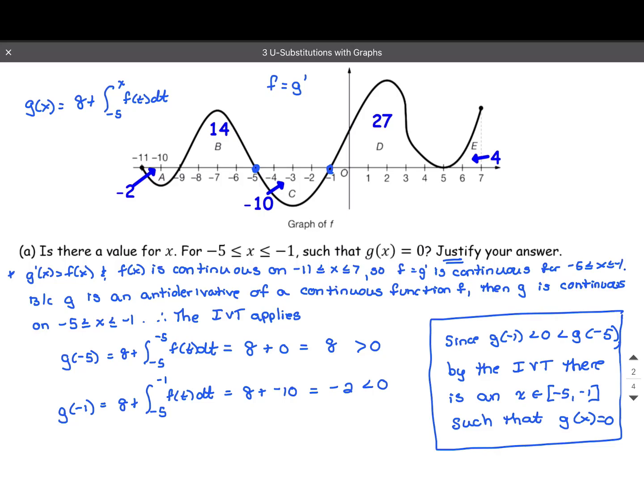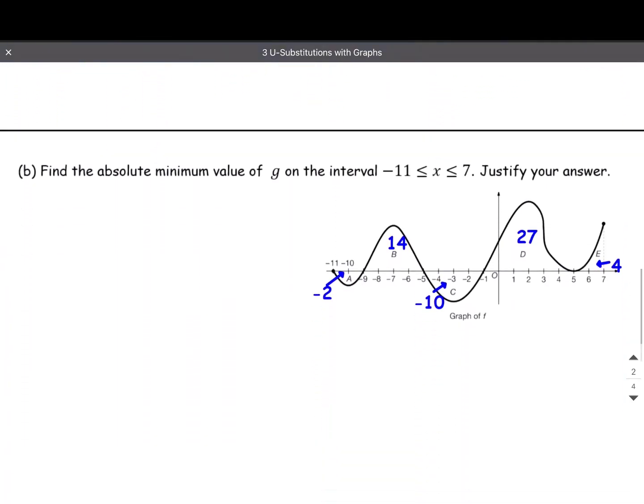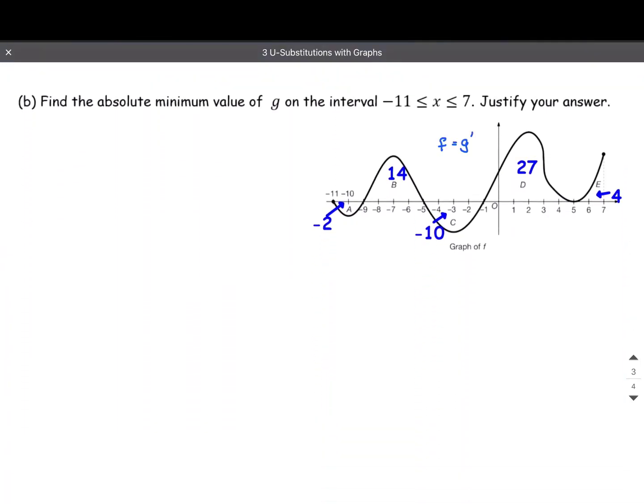But in order to use the intermediate value theorem, you have to tell us that g is continuous, not just g prime, but that g is continuous. All right, let's try part B. So part B, find the absolute minimum value of g on the interval from -11 to 7 and justify your answer. Okay, so remember, if we're going to look for an absolute max or an absolute min, this time an absolute min, we know that the candidate's theorem